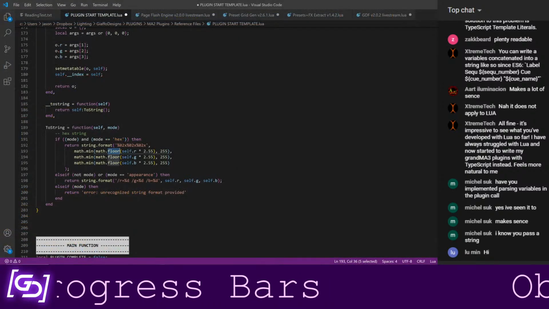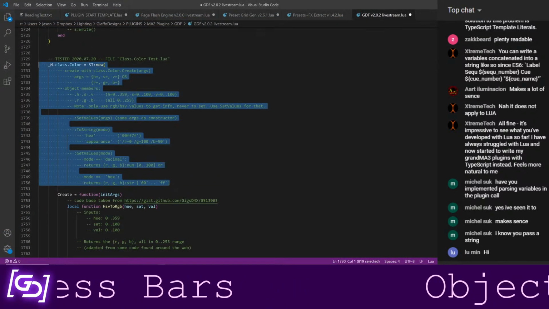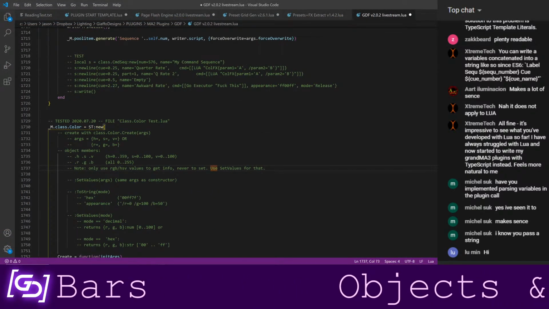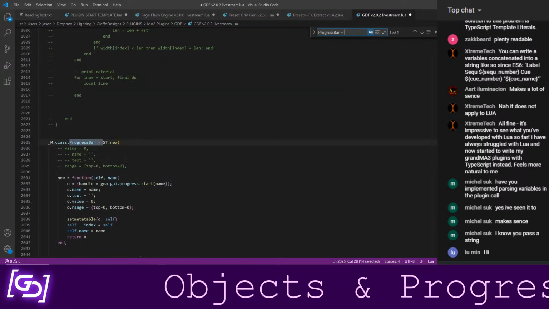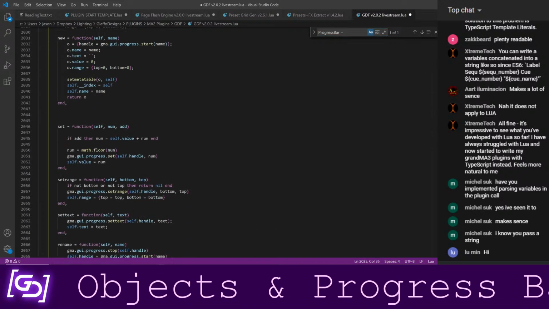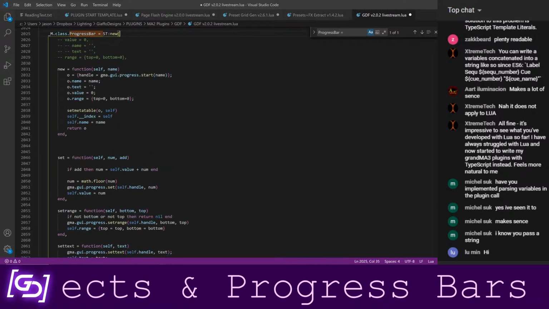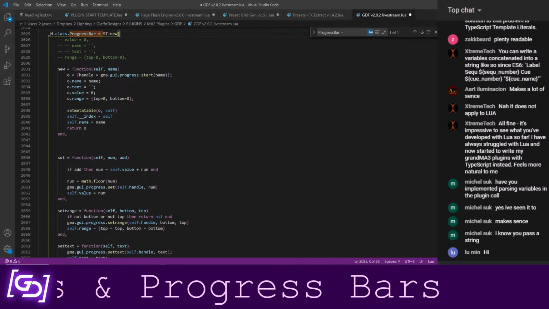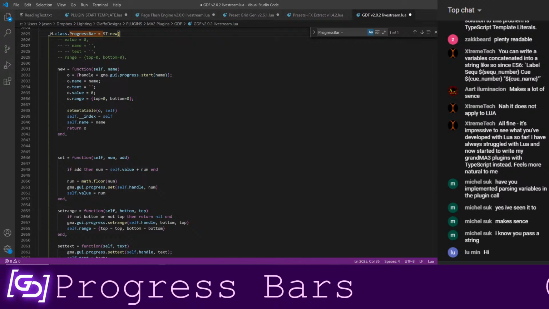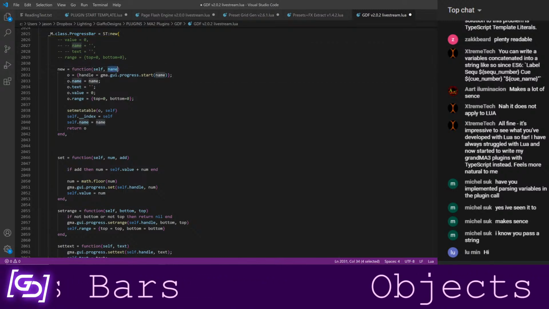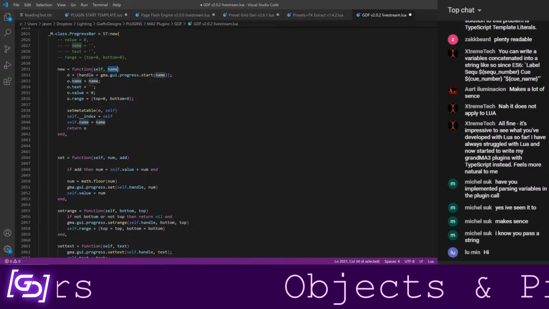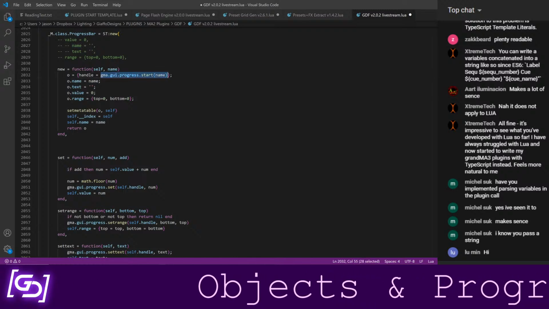Just to kind of go through, because I didn't think that was going to take nearly as long as it did. Let me pull up the progress bar class again. Okay. So just to show some of what this is doing, let me step through this and explain it. So let's just take a look at it. So when we create a new progress bar, we're giving it a name, and it will call the MA function that